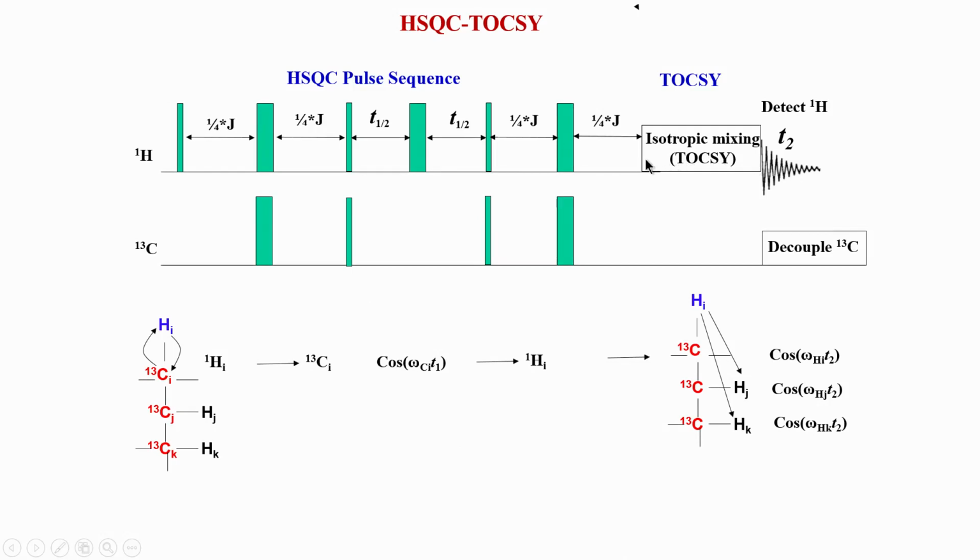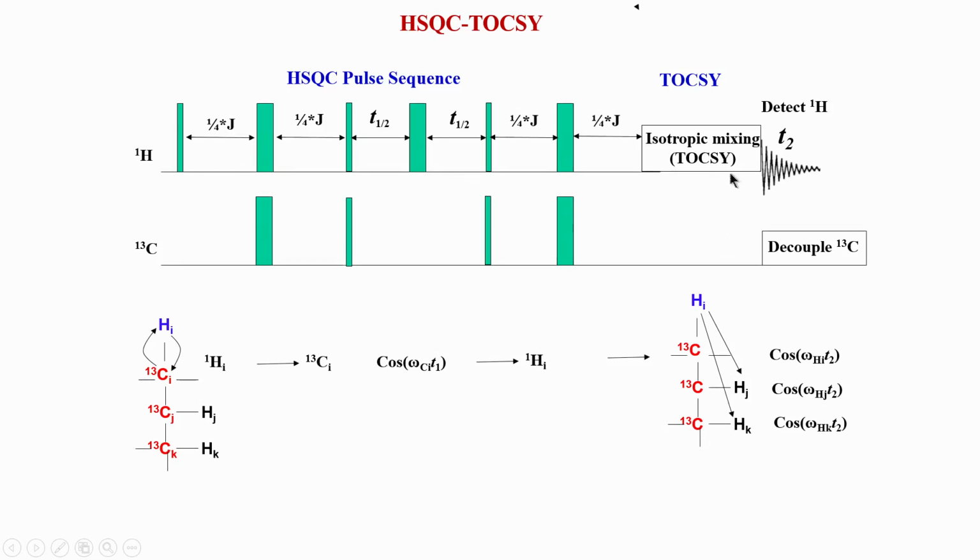It is basically mixing or transferring the magnetization from one proton to another proton. If you look at this point where the arrow is pointing, we are on the proton magnetization. So, we are in the I, that is HI, which I have taken as an arbitrary HI. From here onwards it is in the xy plane, we are not detecting this proton yet, it is in the xy plane.